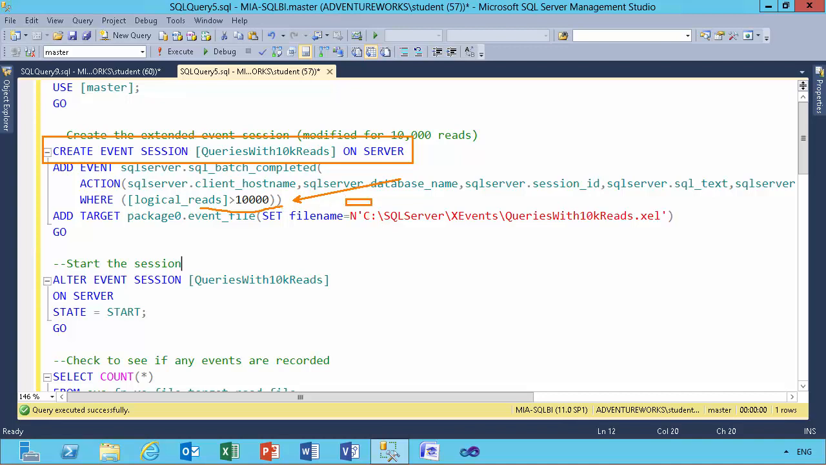Also, the results of when the event occurs, when we get a read over 10,000, are going to be stored in this file. Now you do have to make sure that you've got the directory created. So I do have a SQL Server directory on my C drive, and I've got a subdirectory called X-Events, and then the file gets created when I run this particular script. So I'm going to go ahead and run this script,